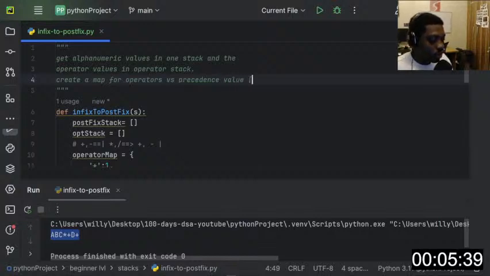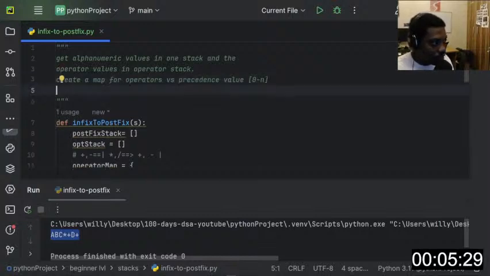So it could be anything from 0 up to n, right? Compare current